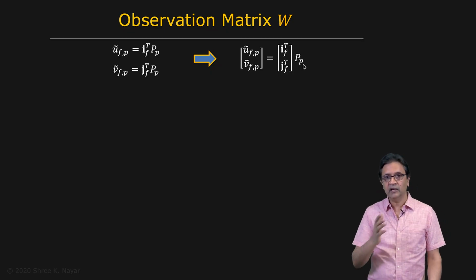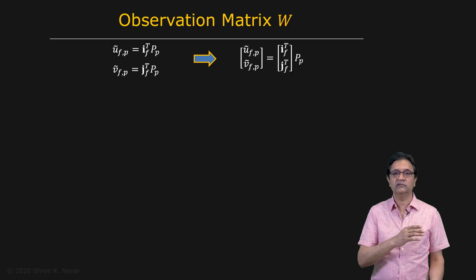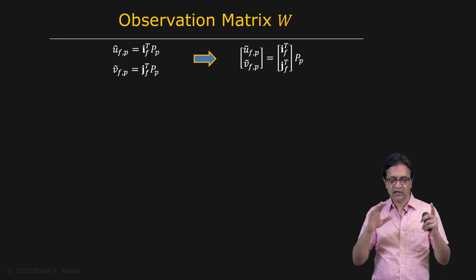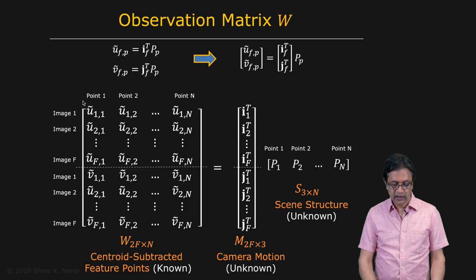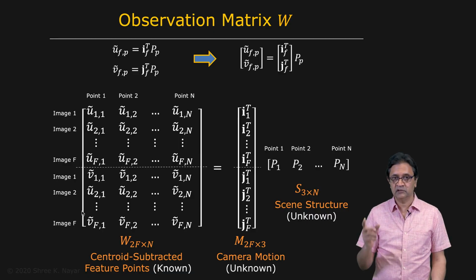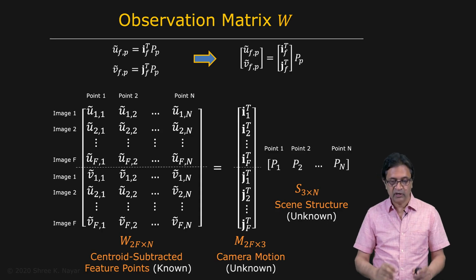And we know we have many points, we have N points, and we have F frames. So you can organize all of these expressions into a single expression using this matrix form, where all your measurements now sit right here. All your U values that you've measured for different points and different frames are stacked together as follows. And all the V measurements for different points, scene points, and different frames are right here. They're all centroid subtracted. Remember, when you measure these coordinates, you're going to remove the centroid for each one of these frames. That's how we arrived at this.